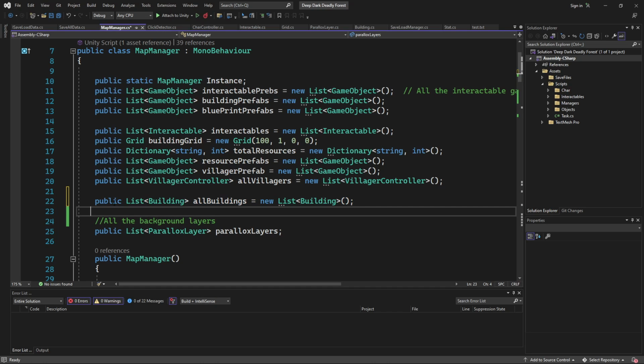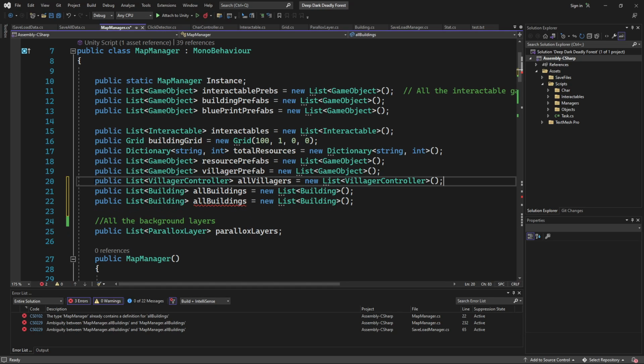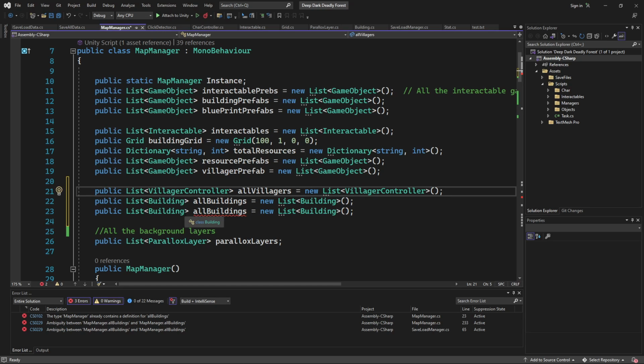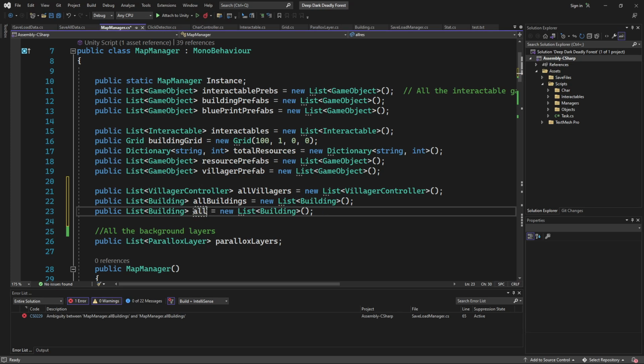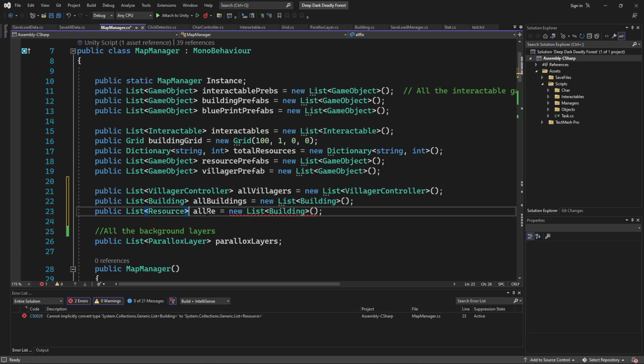We should also keep track of all of our... Here, I want to organize this a little bit. This is all of our villagers, all of our buildings, all of our resources. And we will call this resources. So let's see how easy it is to now save. I don't want to say easy because there's a lot we have to do, but